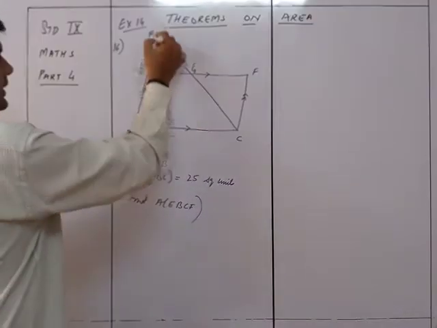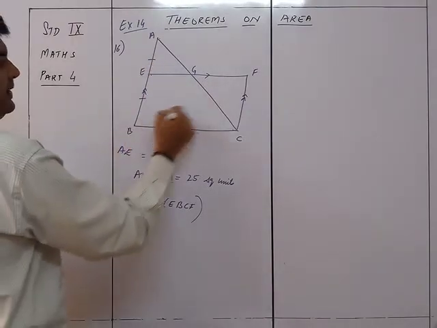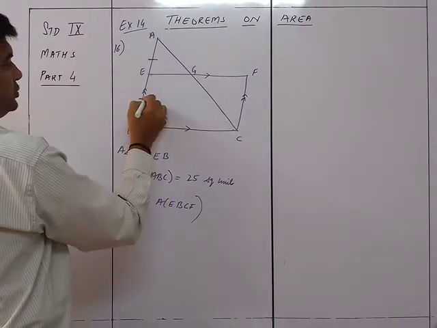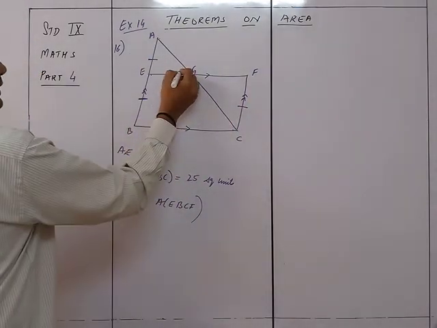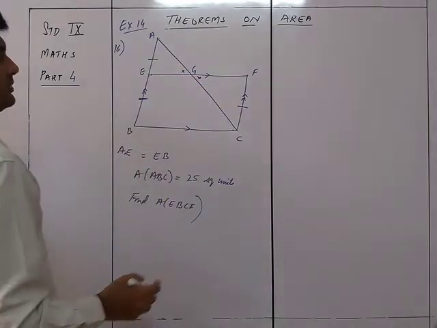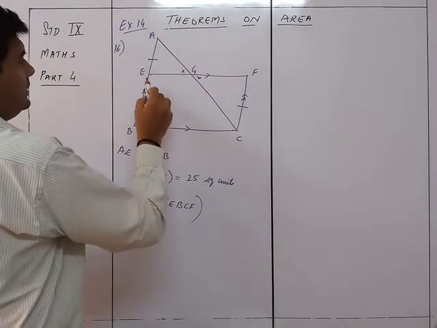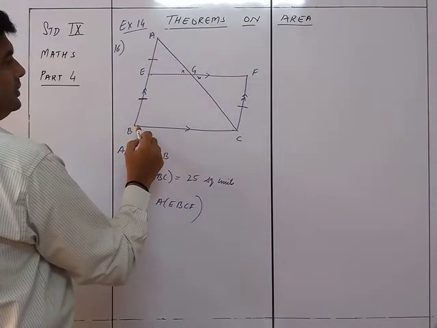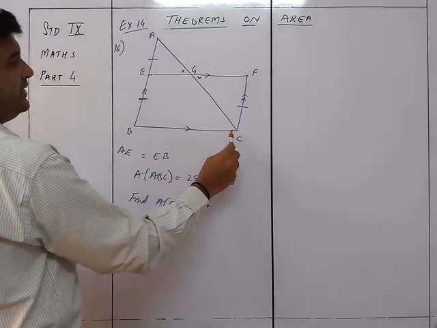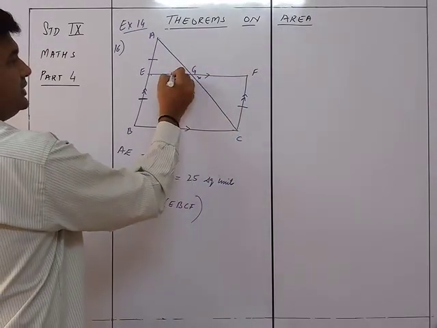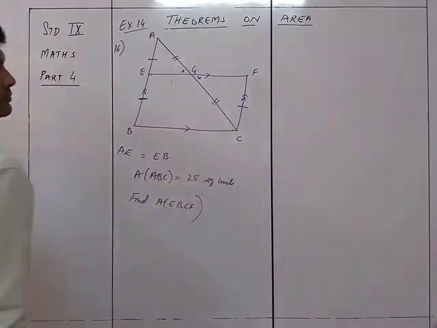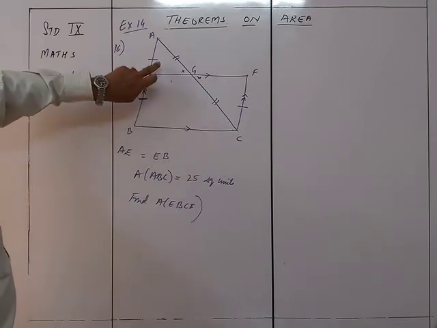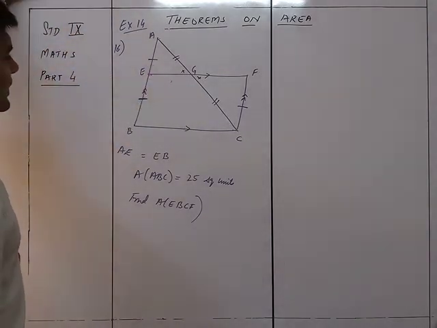So we know that AE is equal to EB, but EB is equal to FC. So if this is equal to this and this is equal to this, then this is equal to this. That is clear. This angle is a vertically opposite angle. Now what is the third? Now I know that E is the midpoint of AB and EF is parallel to BC. So by converse of midpoint theorem, G will be the midpoint of AC. So this would be test A, but there is no SS here, so there is a problem. Okay, we'll have to do something else.